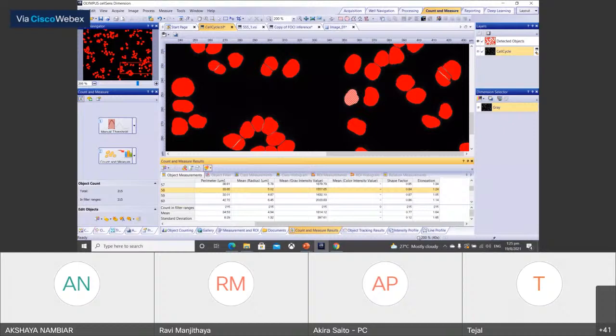So I think if I understand the question properly, the question is whether it is possible to identify different kinds of cells in one sample.